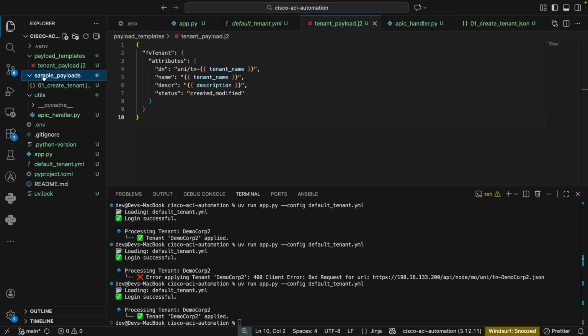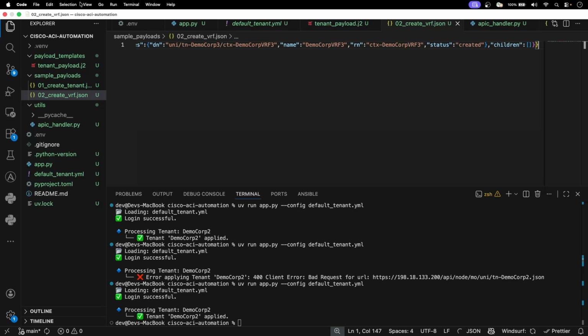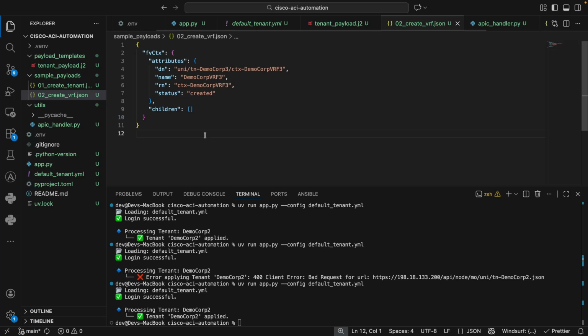Under sample payloads, I'll just create a new file 02 create vrf.json, paste it, then command palette, and so we formatted it. And here the distinguished name is going to be CTX-democorp, and the tenant name also we need to pass. And here also we need to give created comma